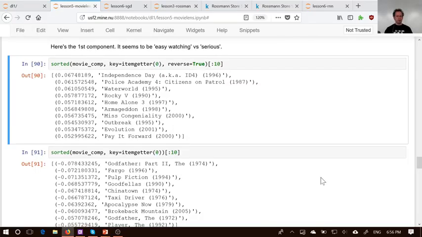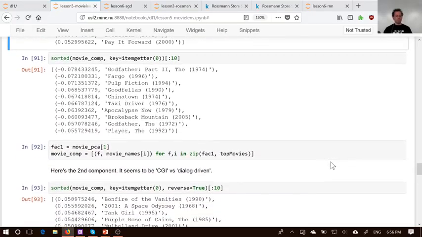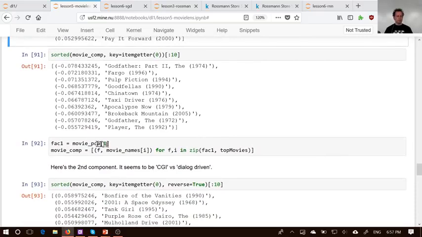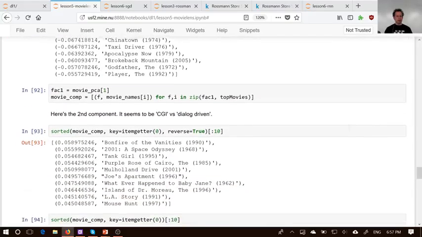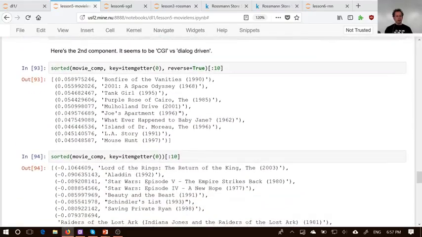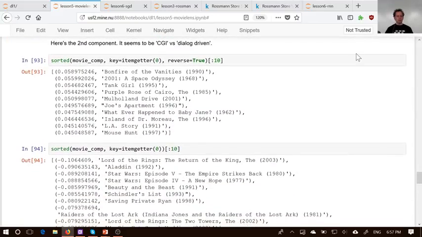So we can look at the next one. So do the same thing and look at the index 1 embedding. This one's a little bit harder to figure out what's going on, but with things like Mulholland Drive and Purple Rose of Cairo, these look more dialogue-y, or else things like Lord of the Rings and Aladdin and Star Wars, these look more like modern CGI-y ones. So you could imagine that on that pair of dimensions, it probably represents a lot of